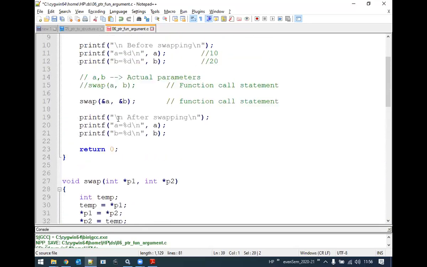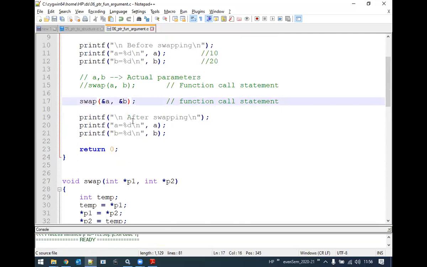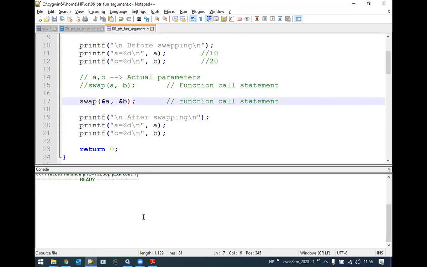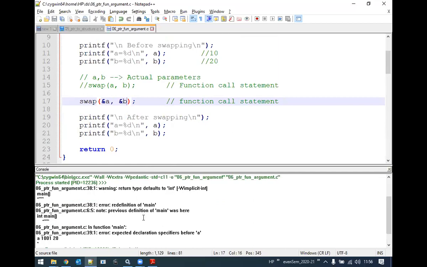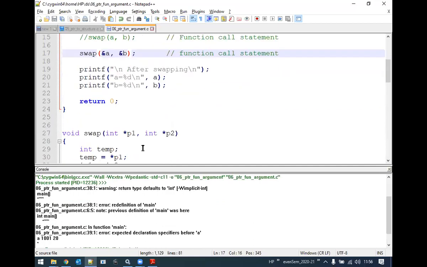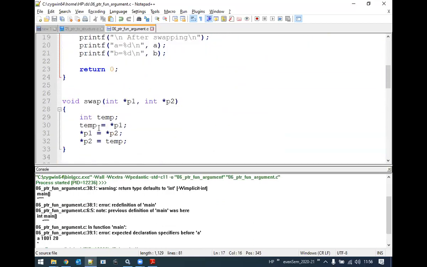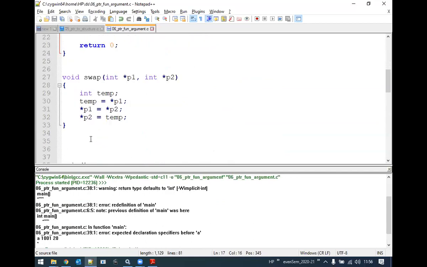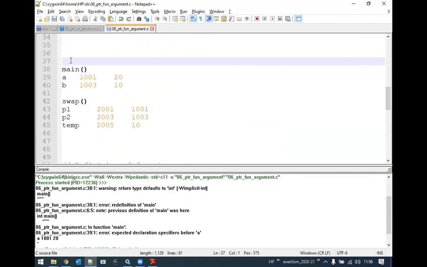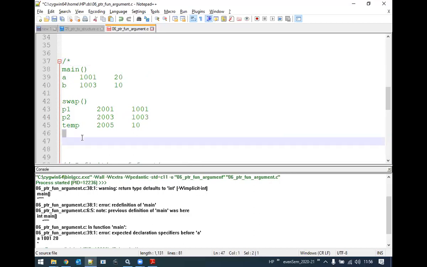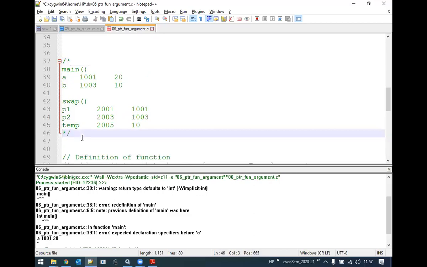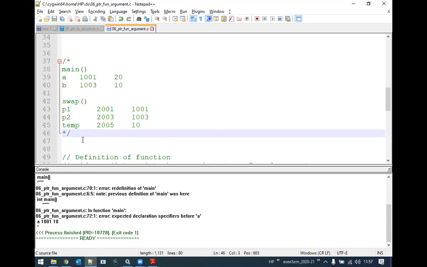So now if I execute the program and print the after swapping values, let's see what it will print. Let me make some changes. Let's see if there are any errors, commenting errors or anything. Yes, there are certain commenting errors. Return type is int. Where is that? Okay, line number 38. Let me comment these lines so that we can get rid of all the warnings or errors.